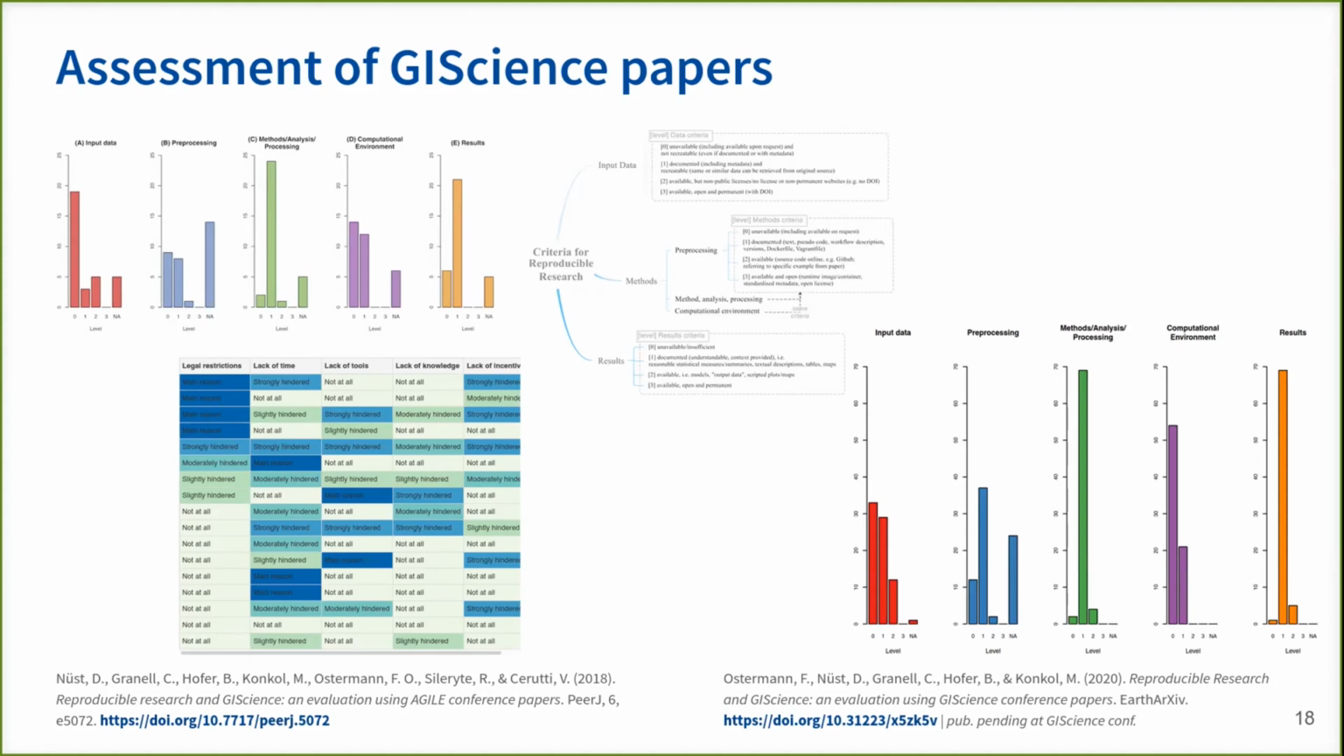So in the case of the Agile conference, we also surveyed the reasons that authors gave why the paper didn't end up being reproducible at all. And major barriers that the authors mentioned were legal restrictions and lack of time, but also lack of tools, knowledge, and incentives. So we used the same rubric again on GI Science conference papers with similarly dire results. Again, no single paper reached level 3 in our rubric, which means that the data and the software is available and openly deposited with a permanent identifier. So if you would put your data and your code on Zenodo and get a DOI, you would have scored